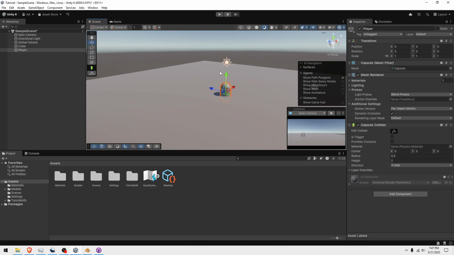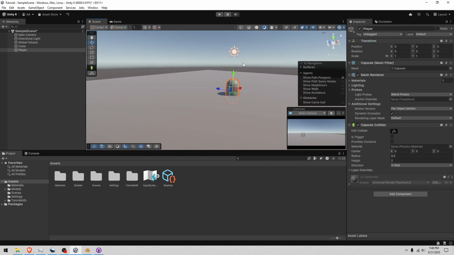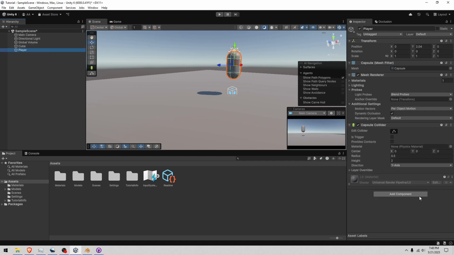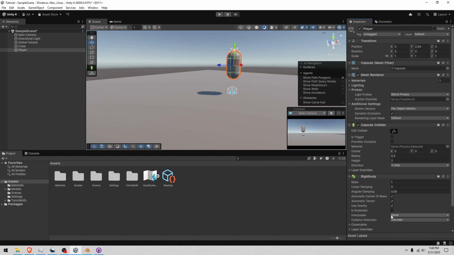And now let's move it up with the move tool. So the position over here is the transform. Inside the transform, you set it to 0, 0, 0 for the zero position. So I'm going to move it up a little. And add component over here on the right. Once you have left clicked the player, you can add component, which basically means adding a component to it. So add component, physics, rigid body,